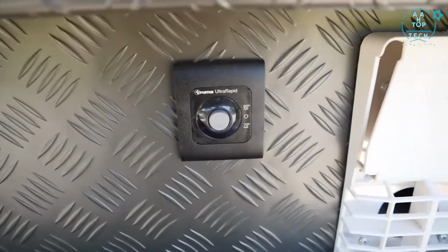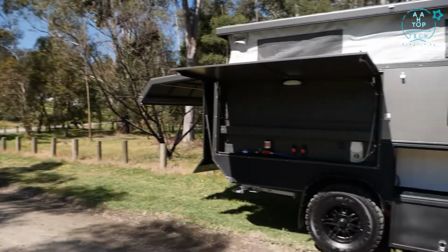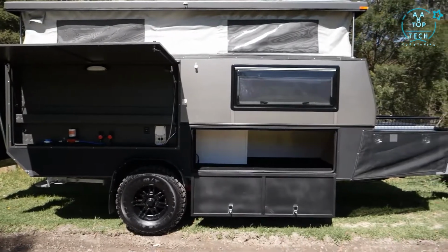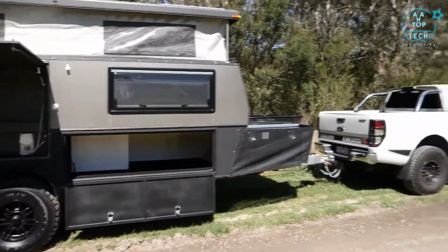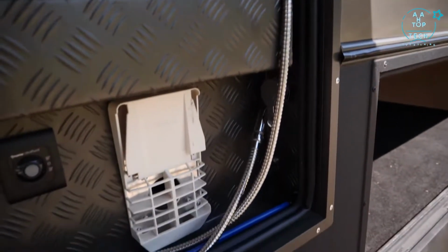There's also onboard hot water and an outdoor shower system. This Sniper X is one of the most capable and well-equipped campers on the market today. Not only does it have all these amazing standard features, there are also loads of